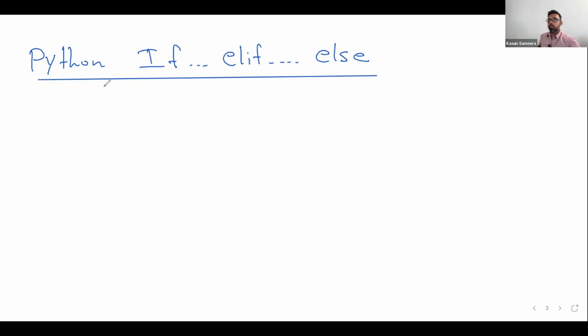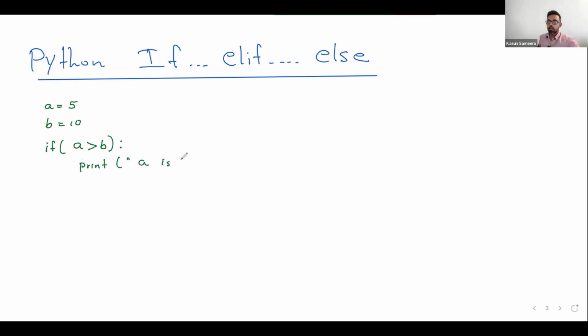The first structure we can create, for example, I'm going to create a simple variable like a equal 5, b equal 10, right? And if you want to check whether the a variable is greater than b, right? Now I'm going to check only one condition. Then we can check it using just the if statement, like if a greater than b. Got it? If it is true, display a message, print